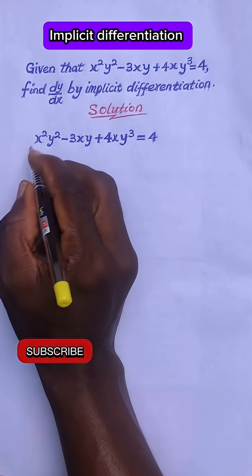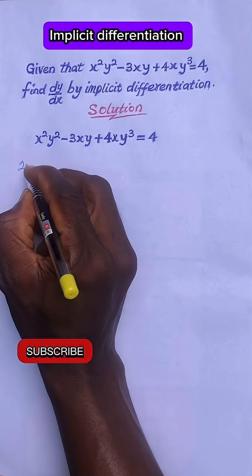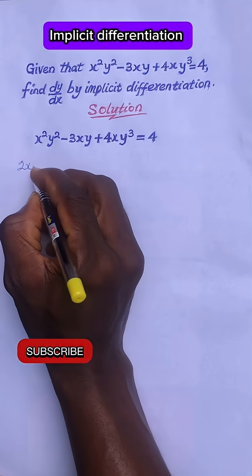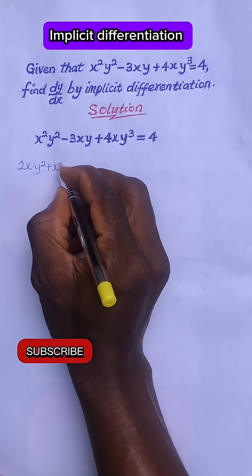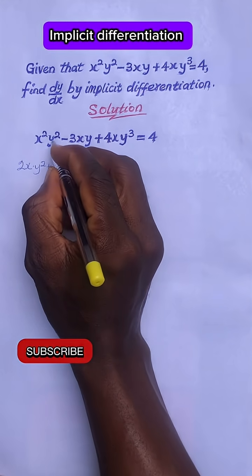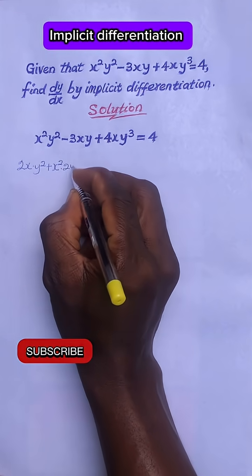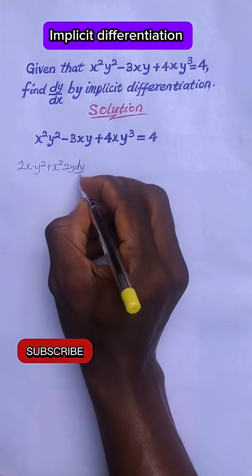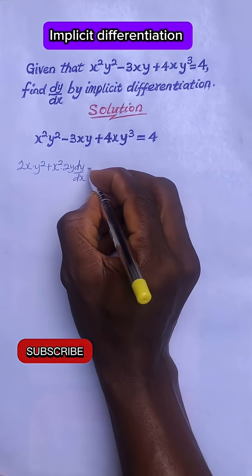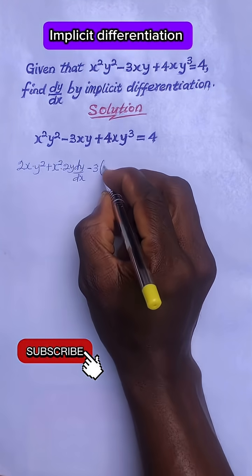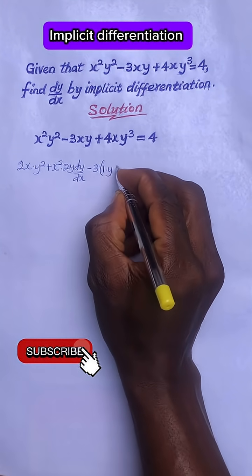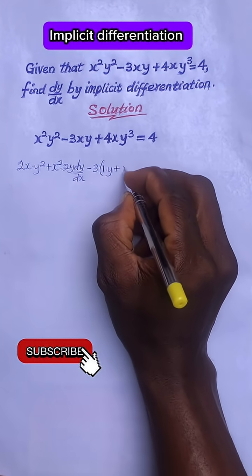So we have, differentiating x squared, 2x times y squared, plus we write down the first, x squared, times differentiating the second, which is y squared, becomes 2y dy/dx. Minus, we bring out the 3 and then we differentiate the first, x, which is 1, times write down the second, y, plus write down the first, x,